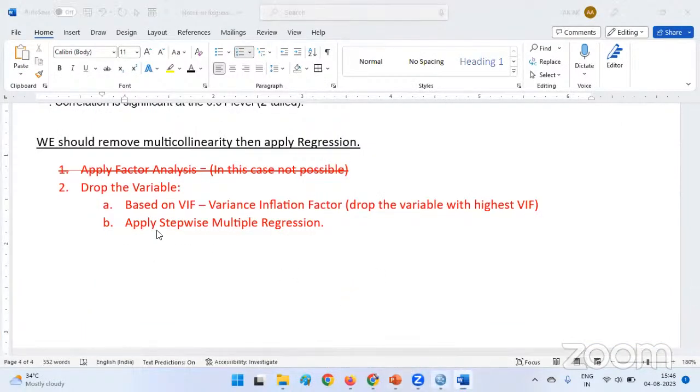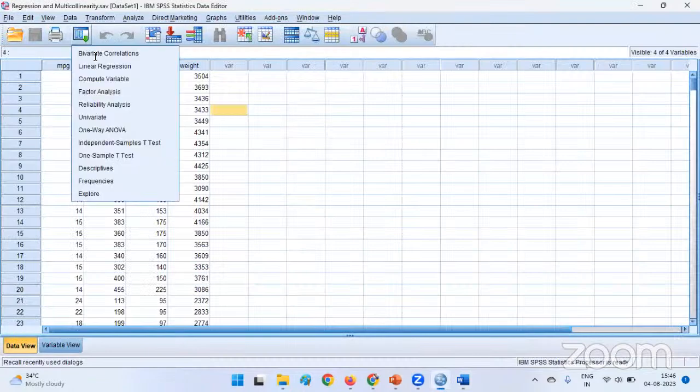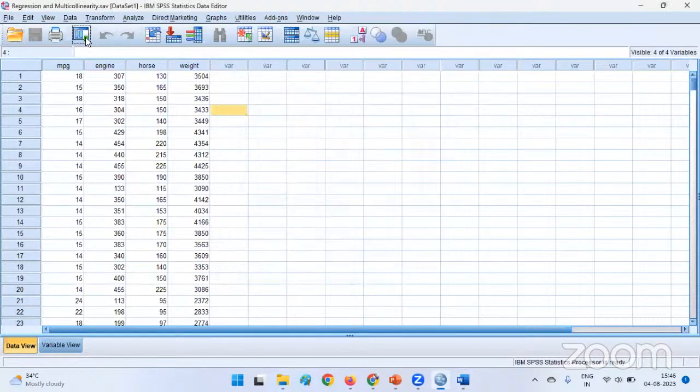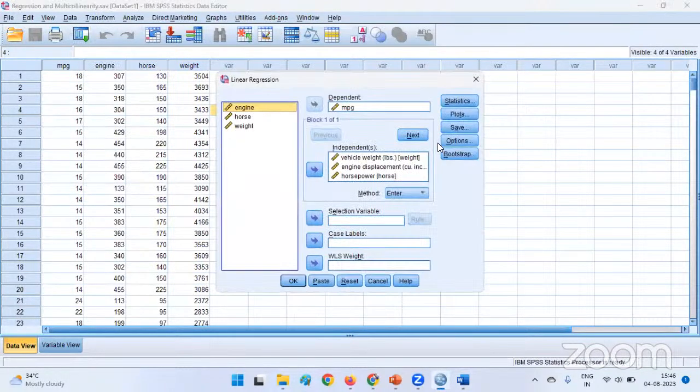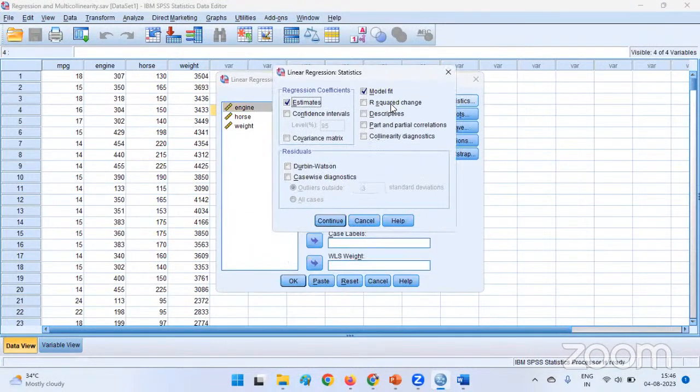In the regression analysis, there is an option of Statistics. In Statistics, there is an option of Collinearity diagnostics. We click on Collinearity diagnostics,